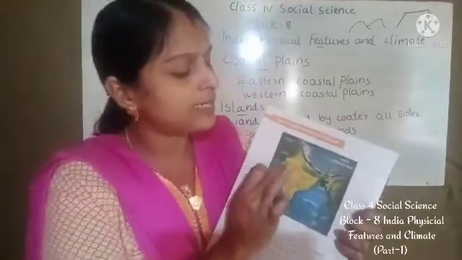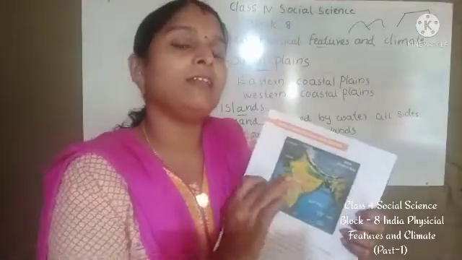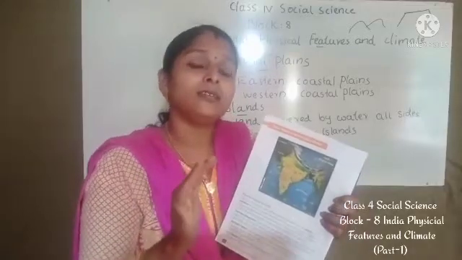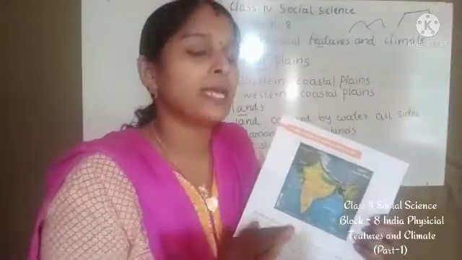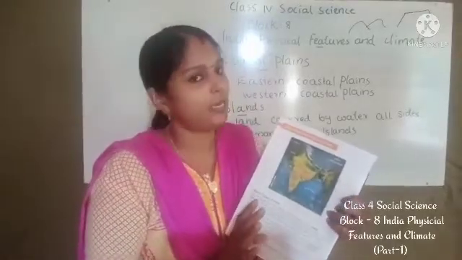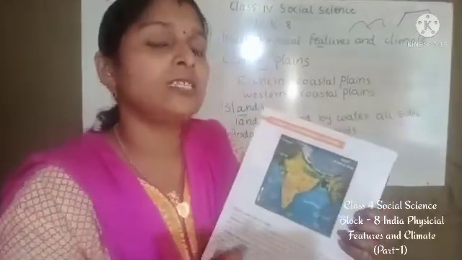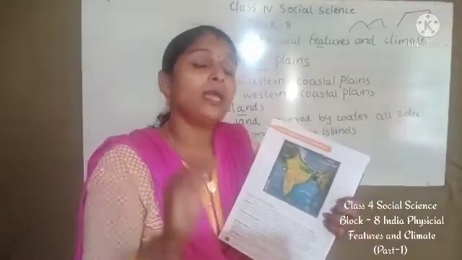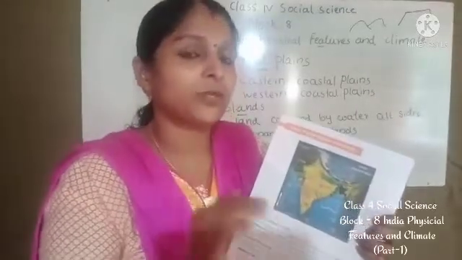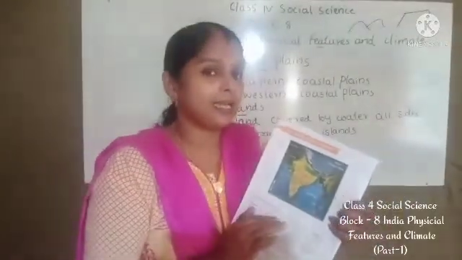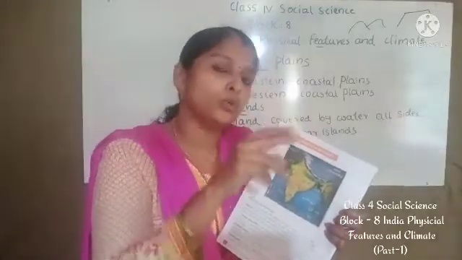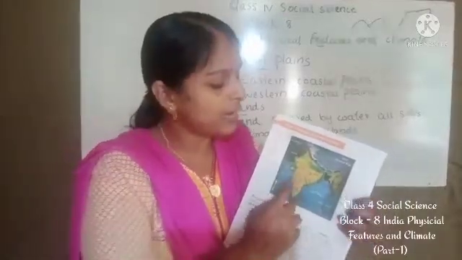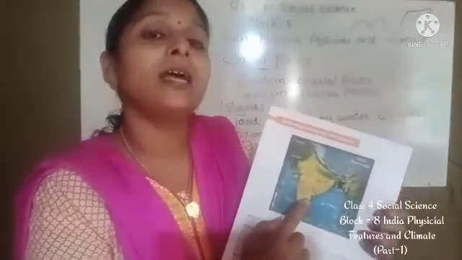Then third we studied the desert. The desert is mainly spread over Rajasthan. The Thar desert is the desert in India, covered by sand dunes, and very little rainfall is available here. The next physical feature is the plateau. Plateaus are just like mountains, but the top is flat like a table, so it is also called tableland. Plateaus are divided into two groups, Deccan Plateau and Central Highlands. This triangle shaped area is the plateau.